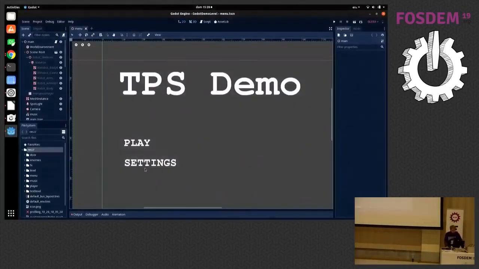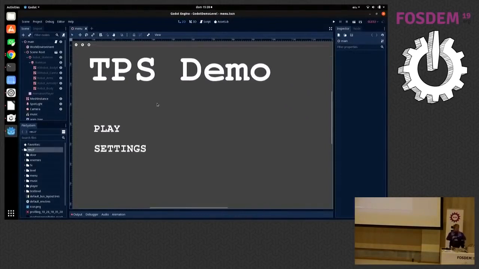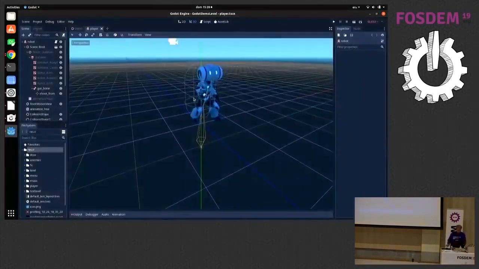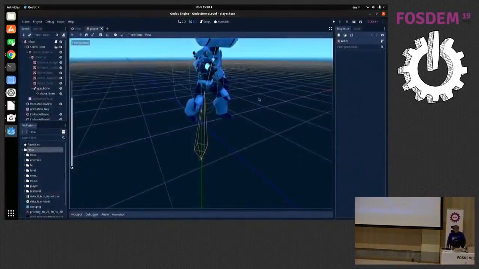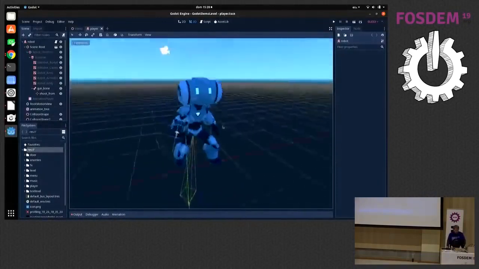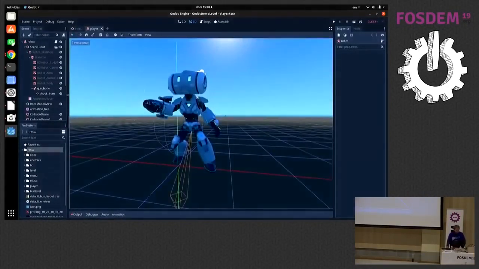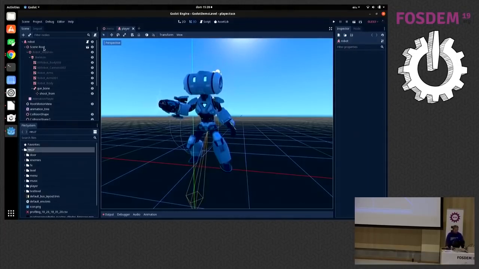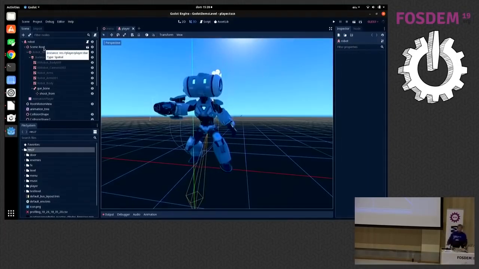I will show you a bit how it is done in the engine, so you can see more detail about the process. I will open the player scene. This is the player. You can see here, this is something that Godot does, where it says scene root. This is actually a Collada file, which was exported directly from Blender. It was instantiated in this current scene, which is the player scene.